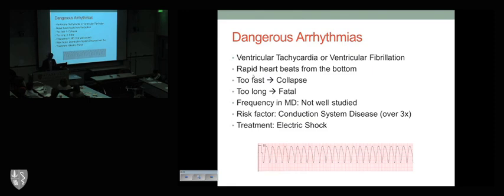We do suspect, because of all the electrical abnormalities, that many folks with DM have very, very slow heartbeats, and they can die from those. But we also know that many folks with DM have dangerous fast heartbeats. There's a type of fast heartbeat called ventricular tachycardia and ventricular fibrillation that can happen. If this happens, you might feel that your heart is racing very fast. If it's fast enough, you might pass out, you might collapse from this. And if it goes on for too long, it can be fatal.